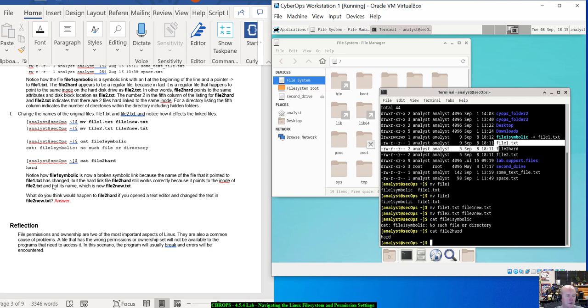Alright, notice how file1 symbolic is now a broken symbolic link because the name of the file it pointed to, file1.txt, has changed, but the hard link file2 hard still works correctly because it points to the inode of file2.txt, and not its name, which is now file2 new.txt. Alright, and if we do a list -l,